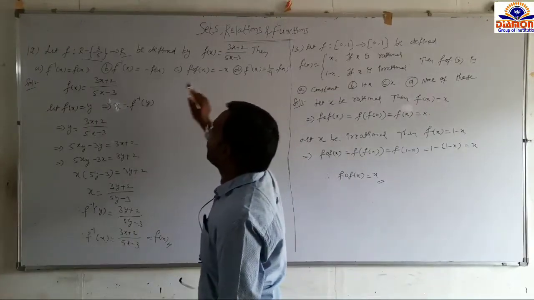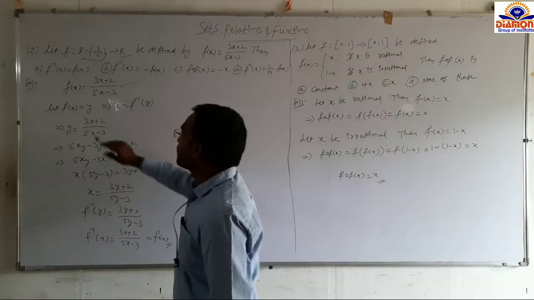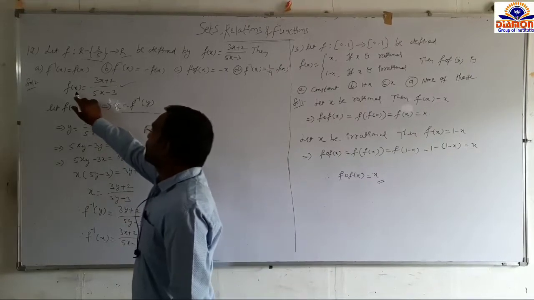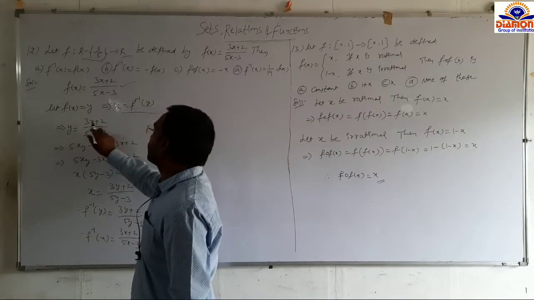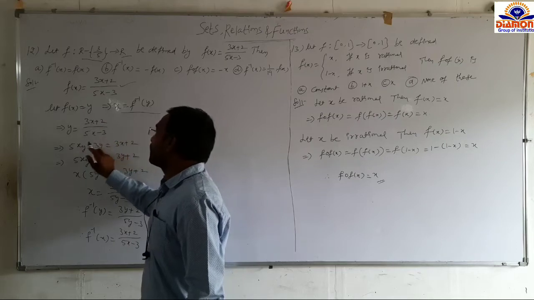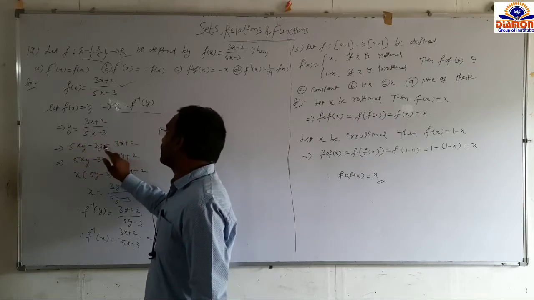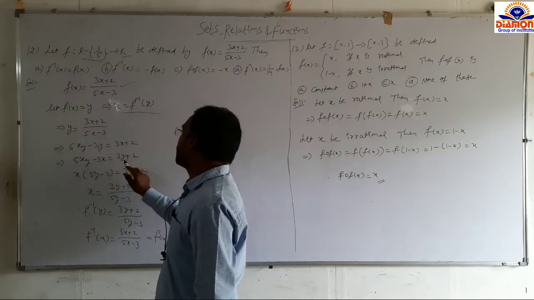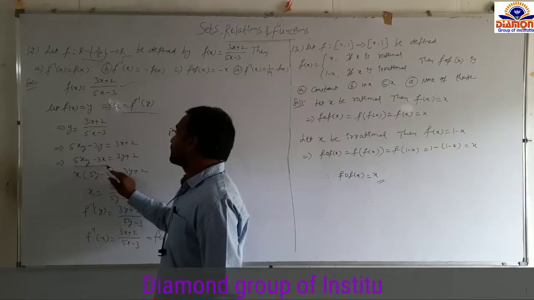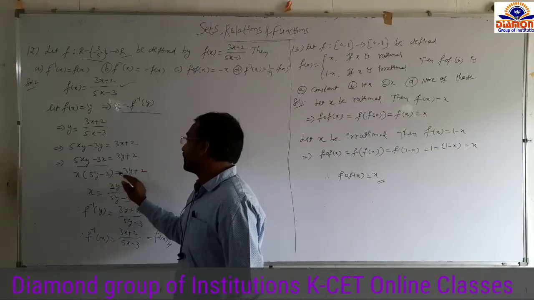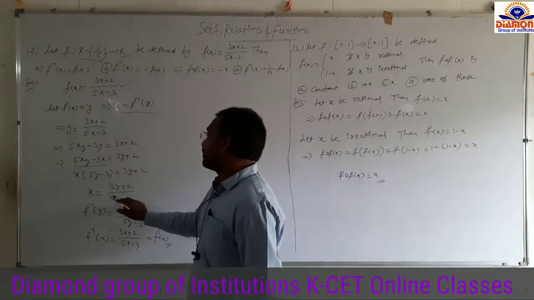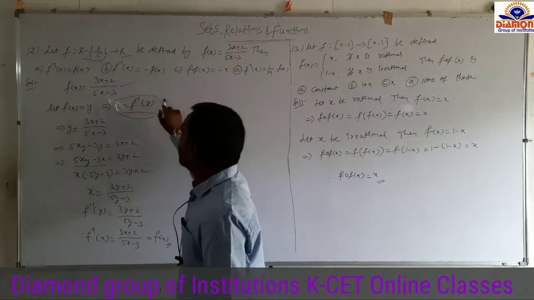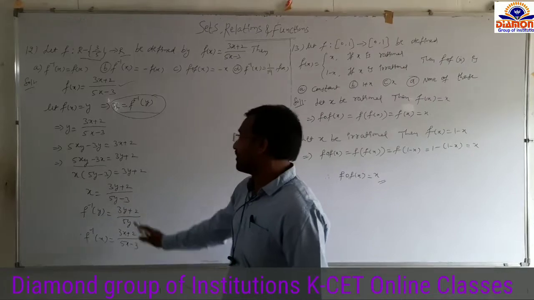First take the given function f of x. If you take f of x equal to y, then x equal to f inverse of y. So in the given function, in place of f of x substitute y. So y equal to 3x plus 2 by 5x minus 3. Multiply by this denominator. What you get? 5xy minus 3y equal to 3x plus 2. So 5xy minus 3x equal to 3y plus 2, bringing this side. From these two terms x common. So x times 5y minus 3 equal to 3y plus 2. So x equal to 3y plus 2 by 5y minus 3. Actually x is nothing but f inverse of y. So f inverse of y, substitute here. So this is the inverse function.